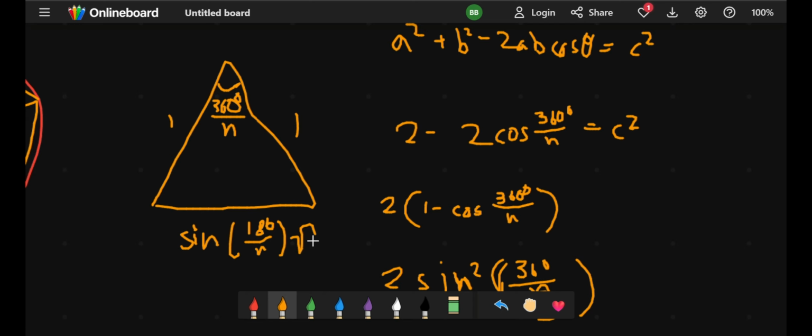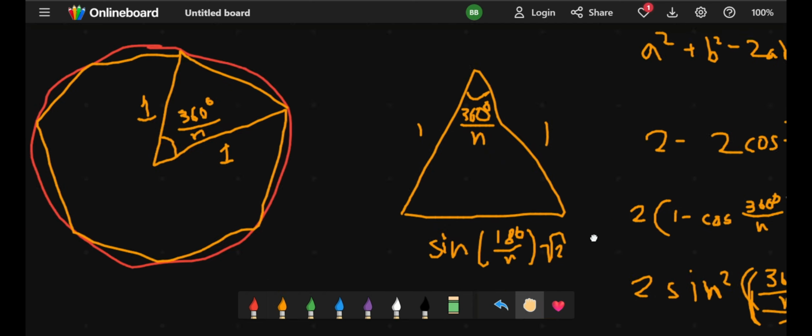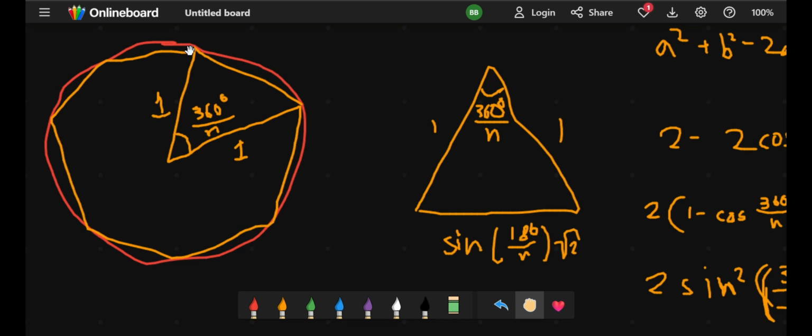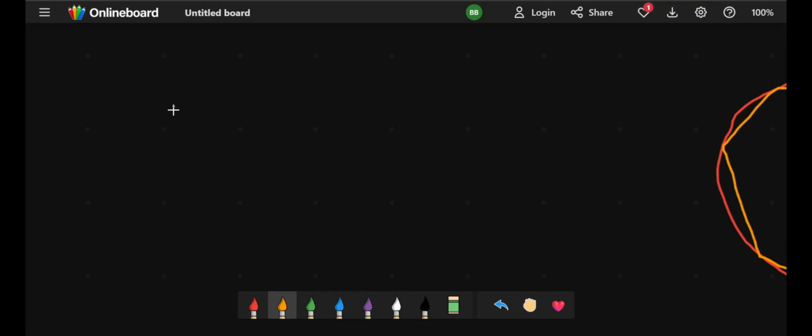And so how is this going to help? Well, remember what I said. This is going to be this one side right here, and we multiply that side by the amount of sides that exist to get the perimeter. And so we can conclude 2 pi is going to be